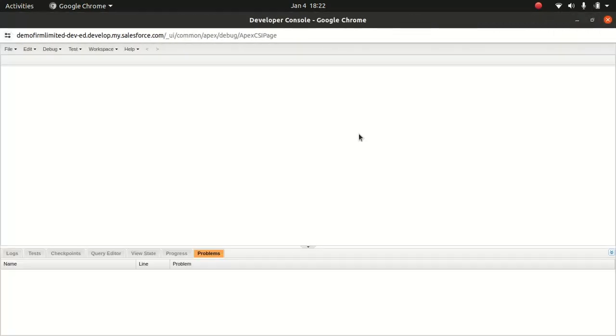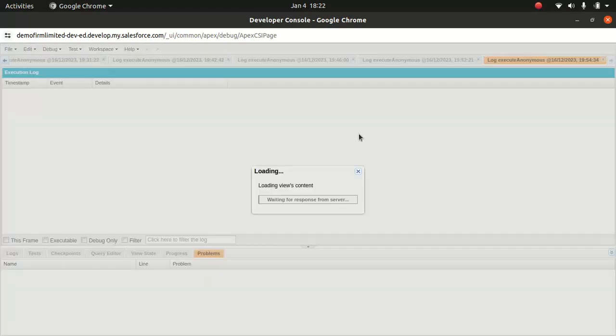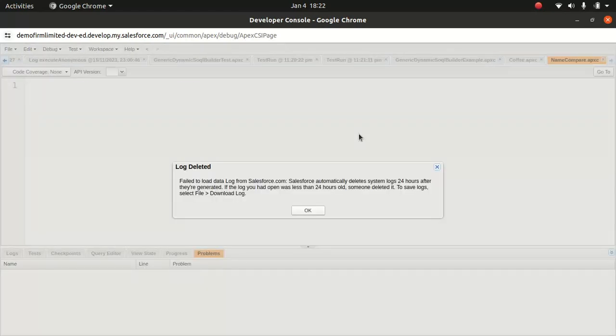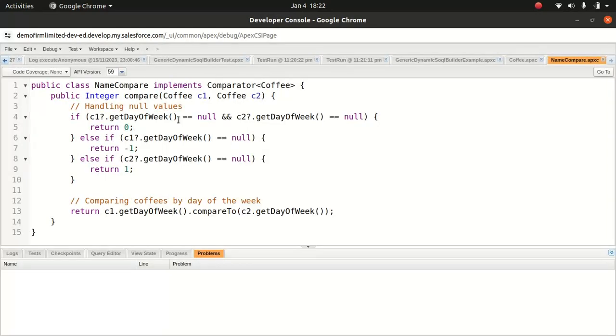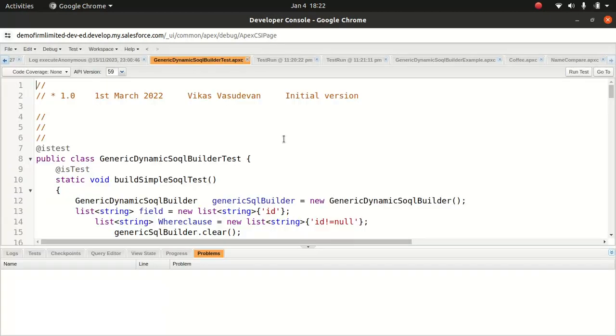Salesforce recommends you use an IDE, but if you wanted to troubleshoot, or do some kind of things at the client place, you can use this, right? Okay, so this is how the code looks.